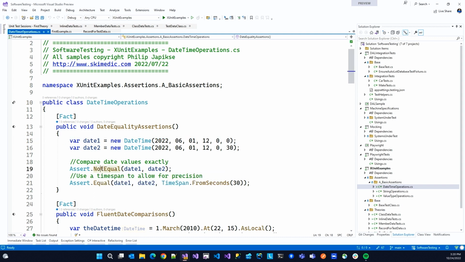right, with what comes in NUnit, I have equals and not equals, right? And this is a little problematic because you're very seldom, like if you say, this happened at this time, well, by the time you actually get to the test, the time's going to be different, maybe by clock ticks, right? So what's built into NUnit isn't always great. Or XUnit? XUnit, sorry. Okay, thank you. I used NUnit for a lot of years. It was a good framework, so that's still a good framework. It's just XUnit is better.